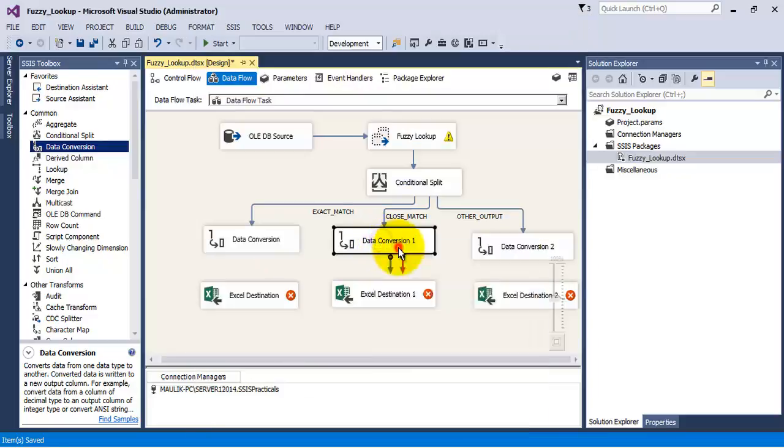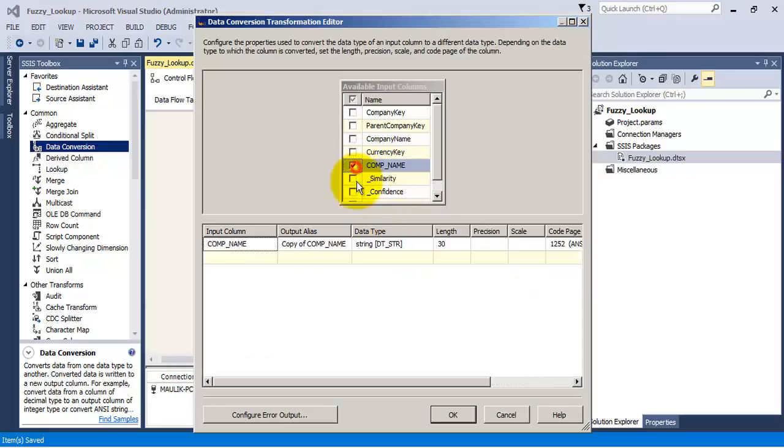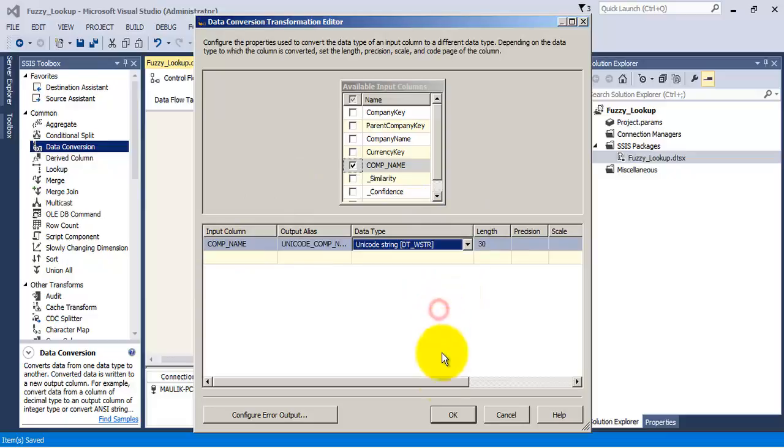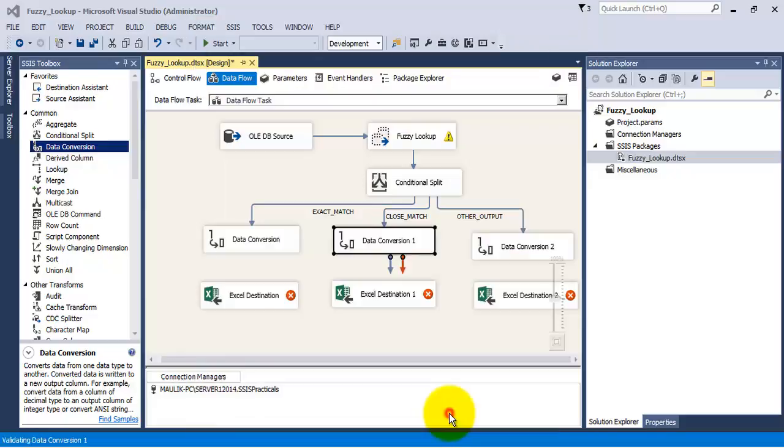So WSTR is Unicode data type. So instead of DT underscore STR, we will select DT underscore WSTR, which is a Unicode data type.